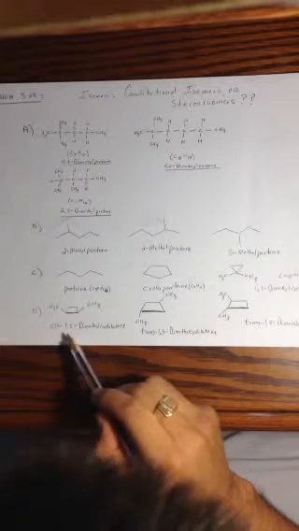For letter D, we have cis 1,2-dimethylcyclobutane, trans 1,3-dimethylcyclobutane, and trans 1,2-dimethylcyclobutane. Now, which do you think are the constitutional isomers or stereoisomers of each other? Cis 1,2-dimethylcyclobutane and trans 1,2-dimethylcyclobutane